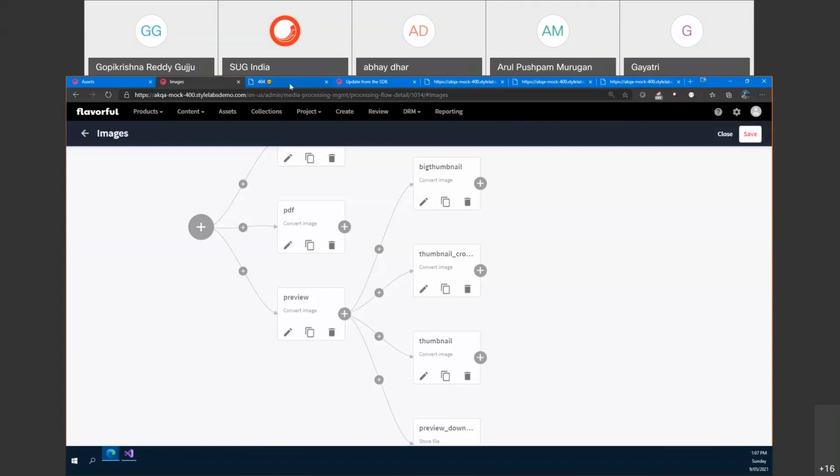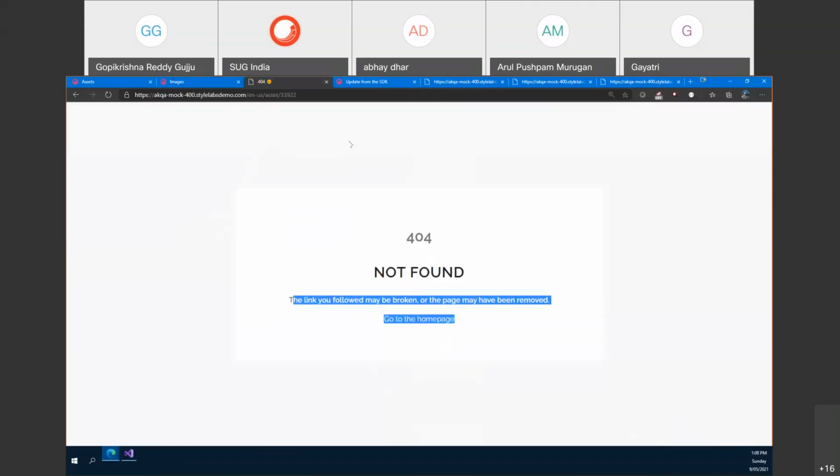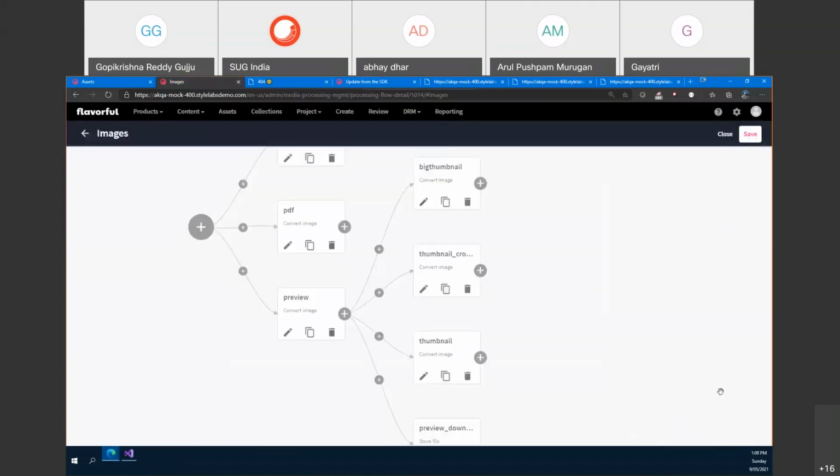A 404 page is obviously different because this entity itself is not present. But if any error is happening, you would get a notification here saying maybe this search has failed, maybe this entity is not proper, or maybe required fields are missing. So that's the way we do it. So exception page, I don't think there is an exception page in this. Obviously, they don't want to send users to some exception pages as a SaaS platform.